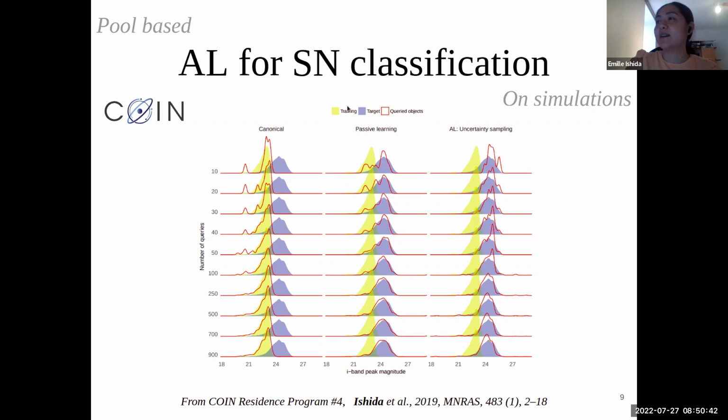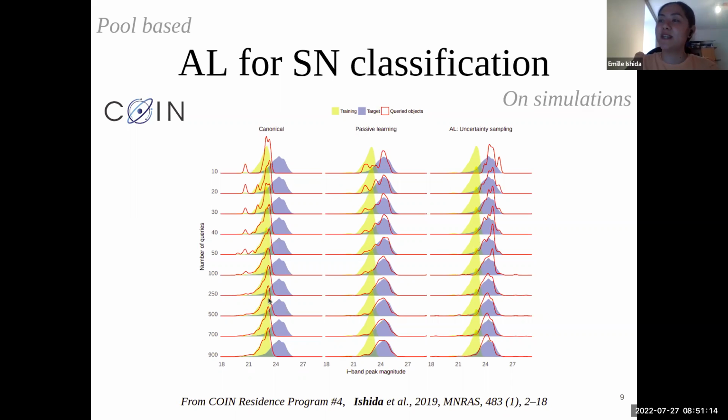The red one is the small initial training sample. The yellow one is the complete training sample from the old challenge data, and the blue one is the target sample. So first we see that there is a lot of non-representativeness here because the distributions actually don't match. And in the beginning, the red one, which is the small training sample that you have, doesn't tell you much.